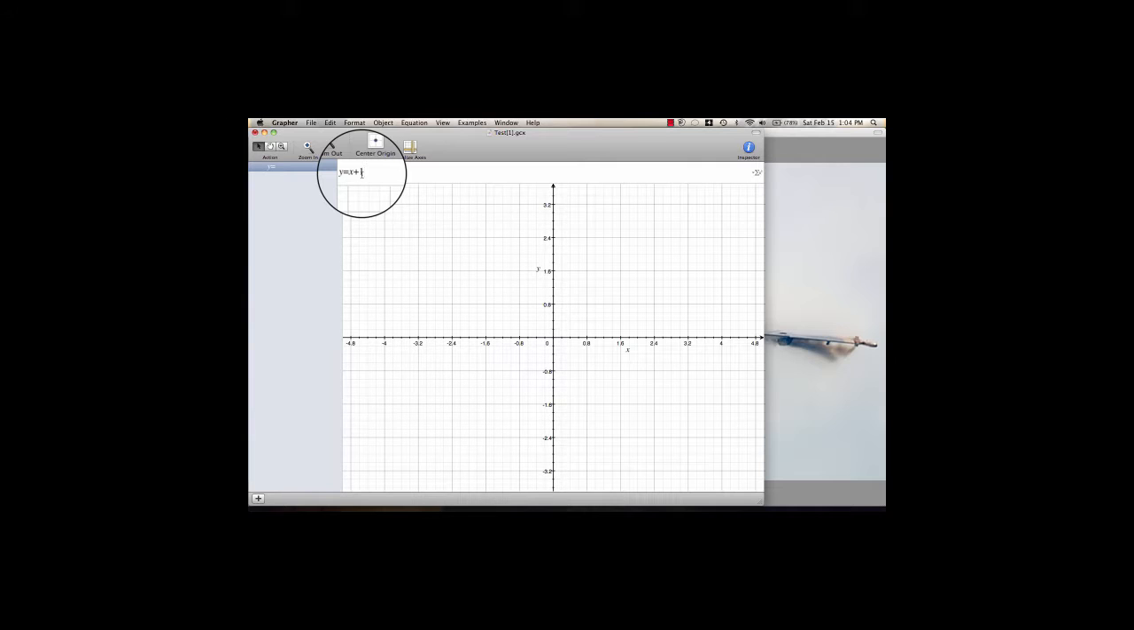Once that is typed in, press the return key and voila! You will see the graph of that function. Also notice that to the left of where we typed in the equation is an area with the same equation